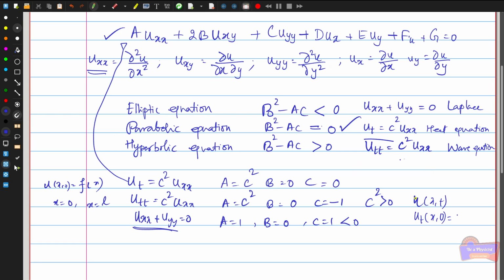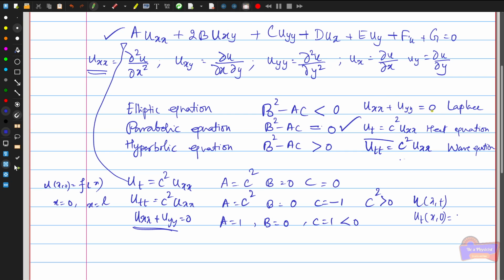And the boundary values of this equation are from x equal to 0 to x equal to 1. So using these boundary conditions and the initial values, we can find the solution of this wave equation, the hyperbolic equation. And similarly, to find the solution of the Laplace equation,